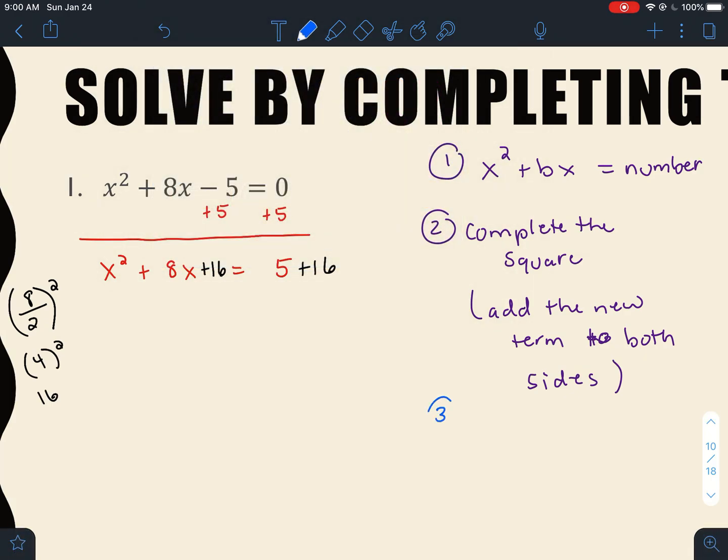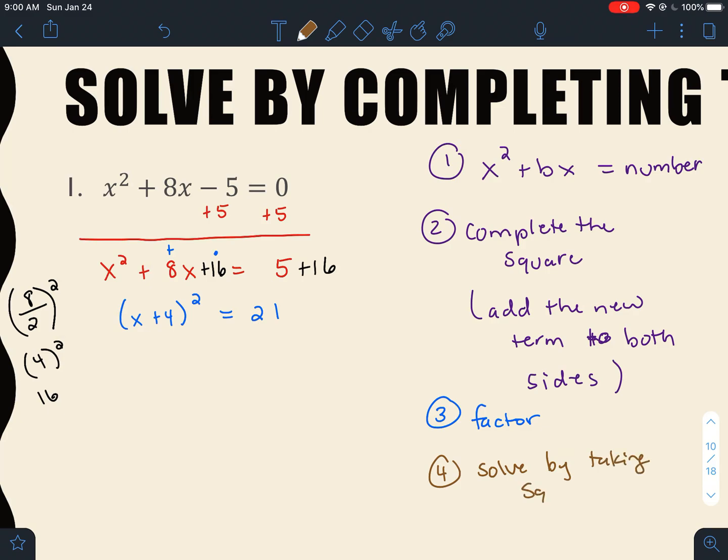Now, I'm going to factor. So I'm going to factor x squared plus 8x plus 16. But notice I completed the square. So when I multiply to 16 and add to 8, I get x plus 4 and x plus 4, which is x plus 4 squared. And then it's going to equal 5 plus 16 is 21. And then my last step is I solve by taking square roots,